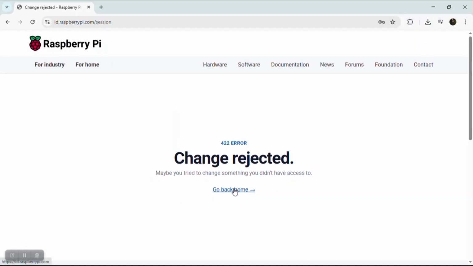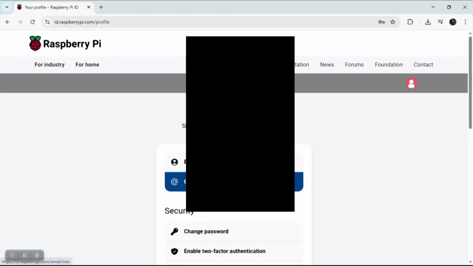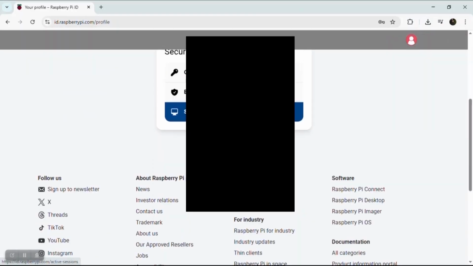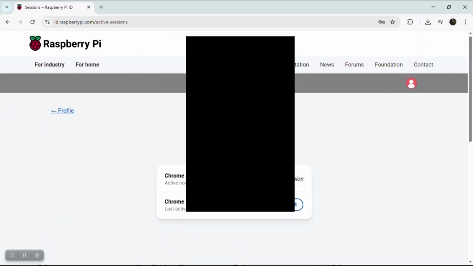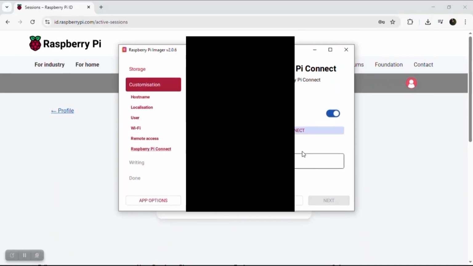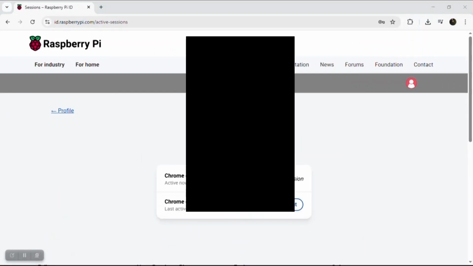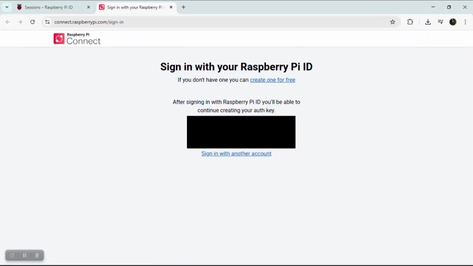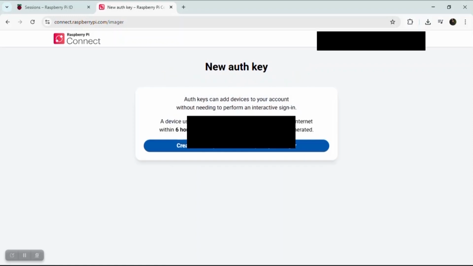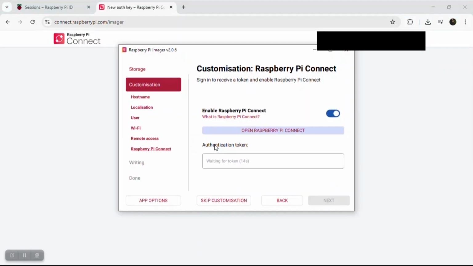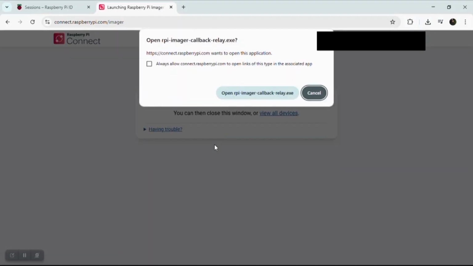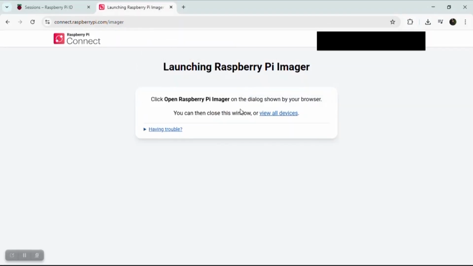Sometimes it will say change rejected, but you have to go back. Then just wait, and we can go to that page again, and we can connect again, and we will see that it is asking us to sign in and create an auth. Once that is done,